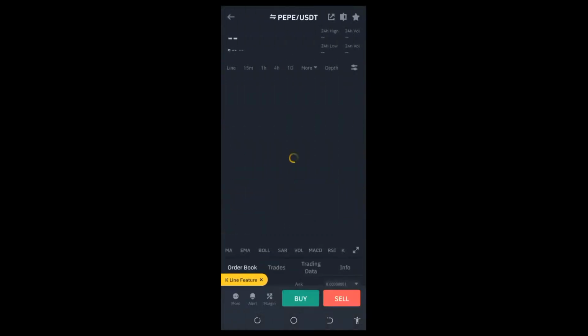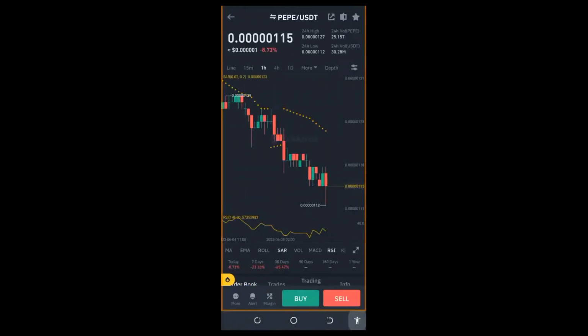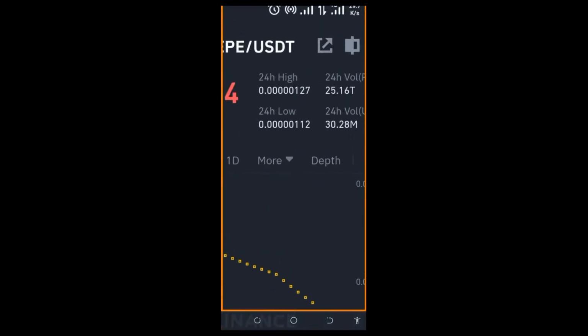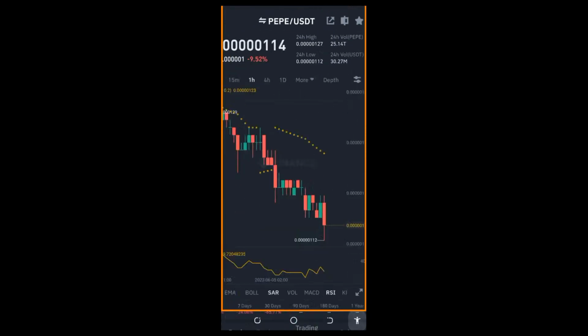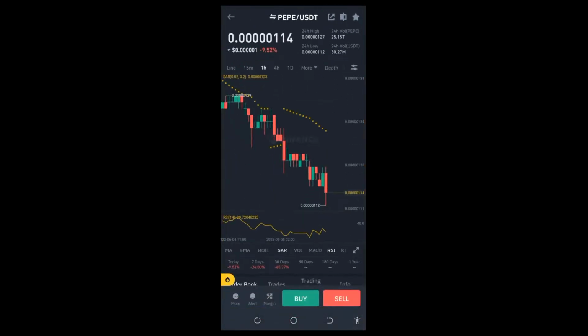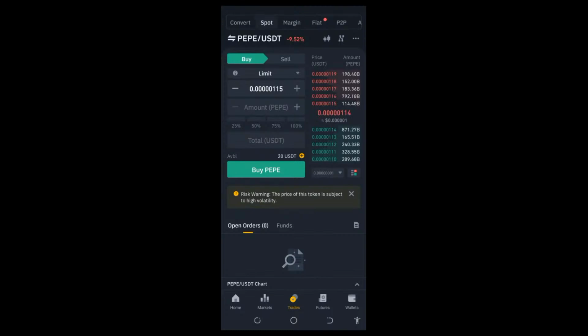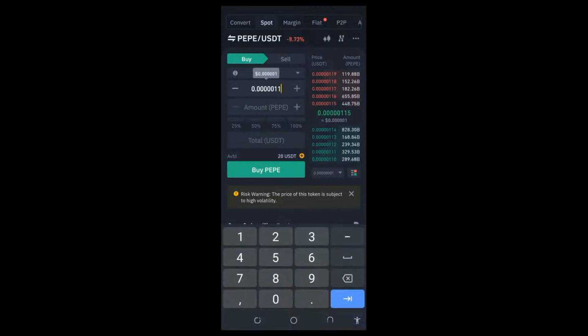So let's go to the charts and look at the all-time high and the all-time low within the last 24 hours. Now look at this. The all-time high for the last 24 hours is 0.0000127, while the all-time low is 0.0000112. So let's go ahead and choose something right in between, right? We're currently at 115, 114. So let me come down by just one at the edge, and then try to simulate. When we pick that up, then we'll try to sell at